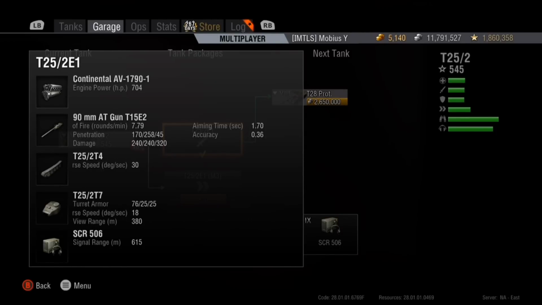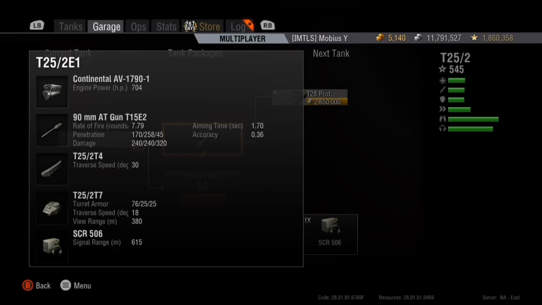The standard AP rounds have 170 penetration, which, while not bad, is not great either, as you would expect from a tank destroyer, because 170 penetration is the worst penetration that you see at Tier 8, for example. I believe it's the Super Pershing that has this. The IS-6 is barely better at 175. There's a lot of tanks that have about 170, 175 at Tier 8,